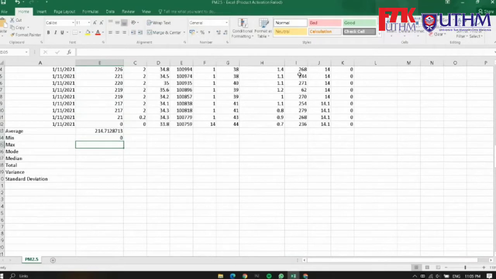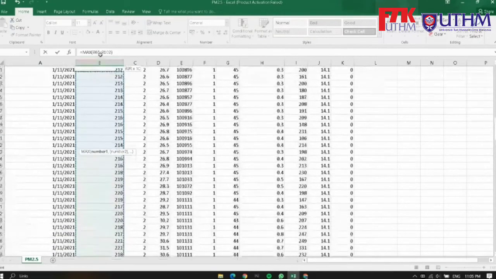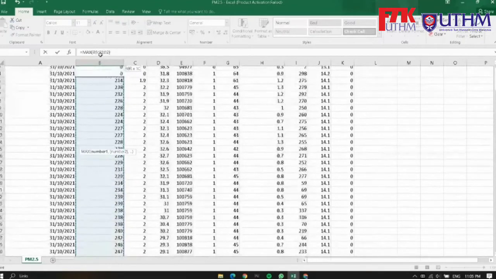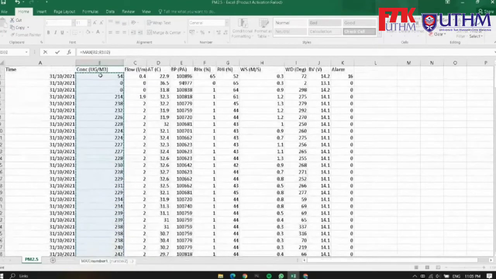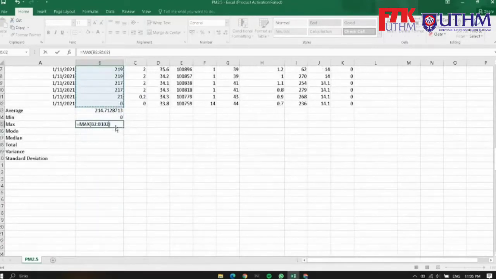For maximum, the third way I will demonstrate to you is to click maximum and readjust. Once you have selected, click enter, and that is your maximum value of concentration.